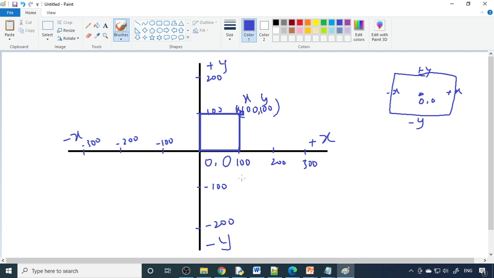So if we draw a box over here, then this point is plus 100, minus 100. Sorry, because first is x, then next is y. So y is minus 100 because it's on the negative side.